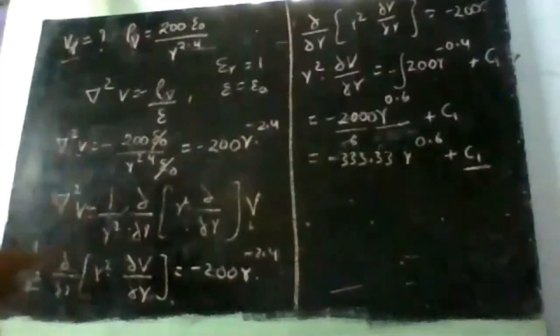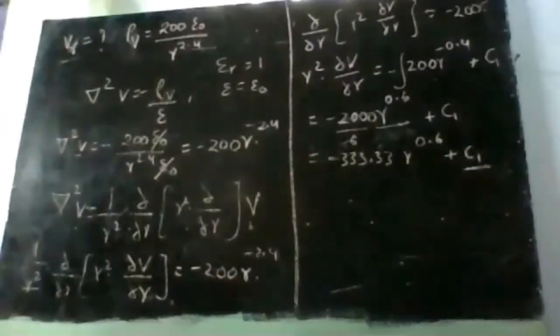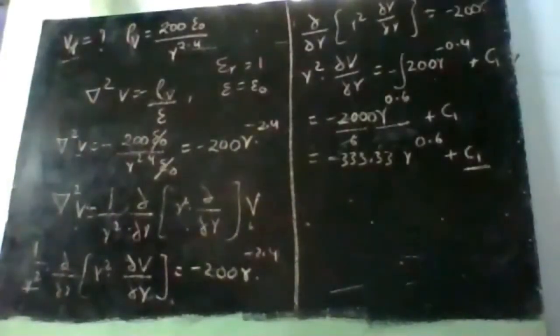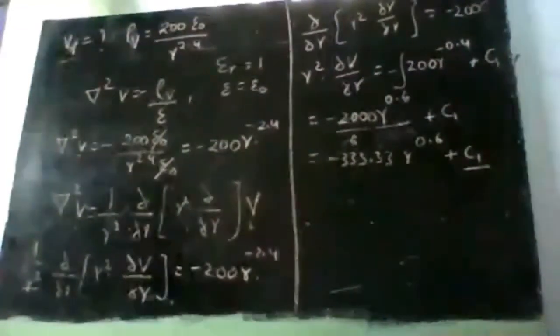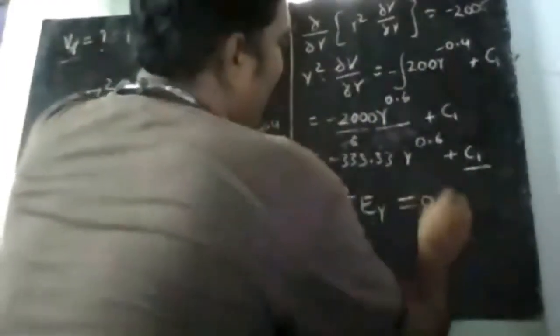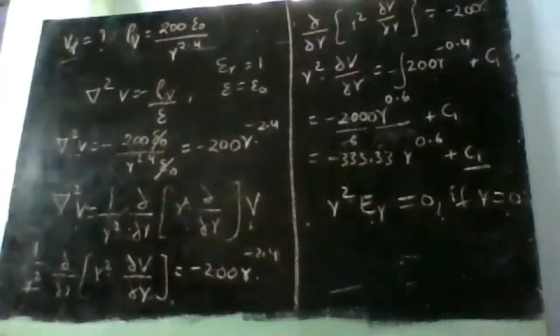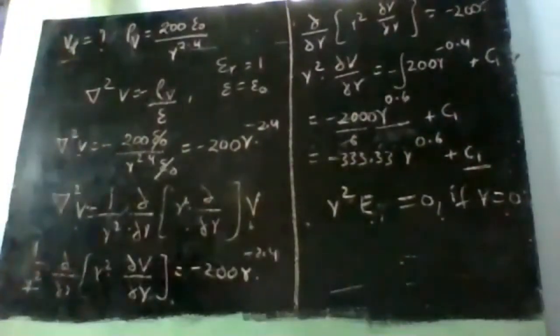I have the boundary conditions, right? Always remember that. We have del square V, that means for getting V, I need to integrate 2 times, so I will get 2 constants. One is C1, the other is C2. For solving this, we will be given 2 boundary conditions. That's for sure, right? Without two boundary conditions, we cannot obtain them. So we have been given one boundary condition. The first boundary condition that is given is R square E R will be 0 if R is 0. Okay, R square into E will be 0 if R is equal to 0.